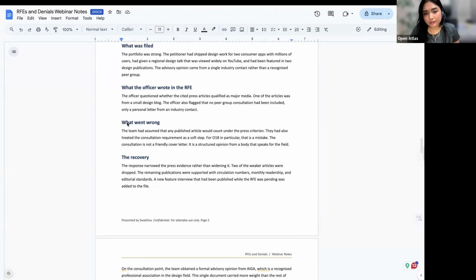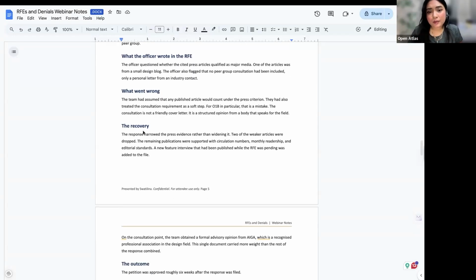So this was a lighter RFE. It could have been solved, but there are some things. When you are planning or you already have press from your company or your own startup, I don't think that writing blogs is really helpful or can make a difference in your press criteria, like Medium blogs and stuff. So please make sure that you are not using the blog idea as a press media component.